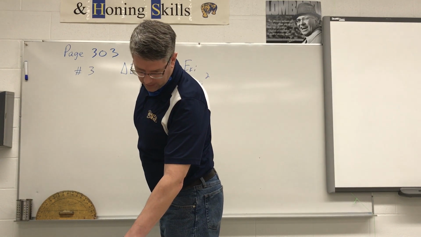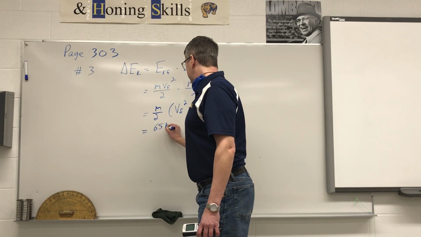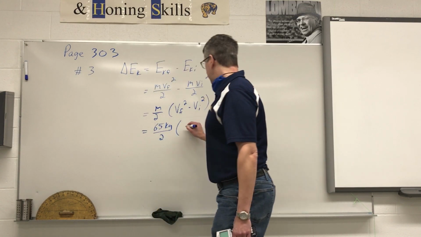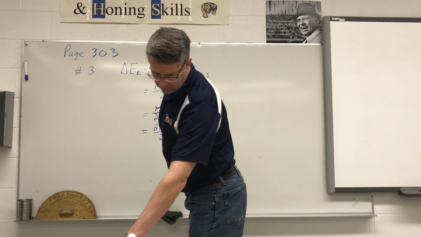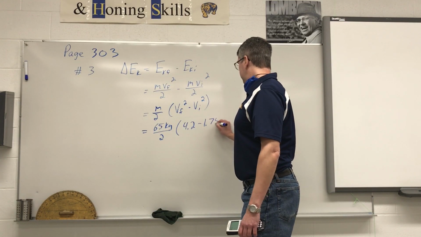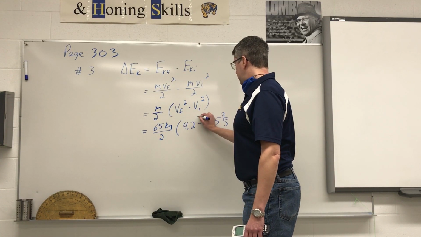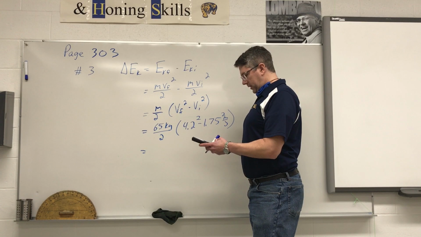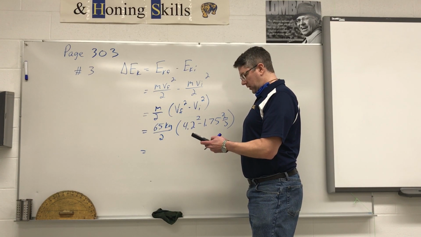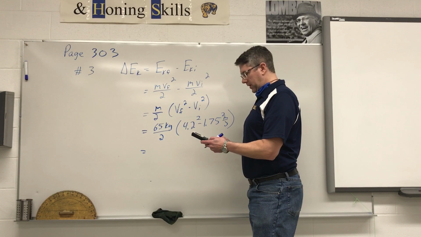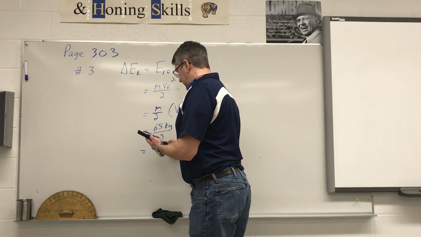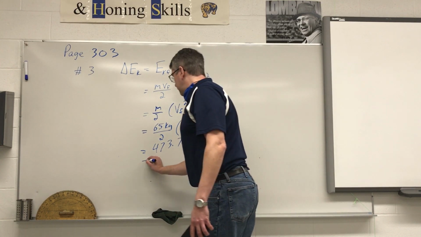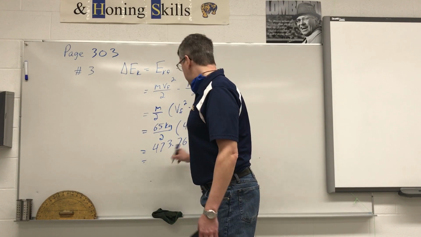So in this case, we have a mass of 65 kilograms. V final is 4.2 meters per second. And V initial is 1.75. Again, we have to square both of those. So 65 divided by 2 times brackets 4.2 squared minus 1.75 squared, close brackets, gives us 473.76875. Kinetic energy is measured in joules. With 3 significant digits, we can round that off to